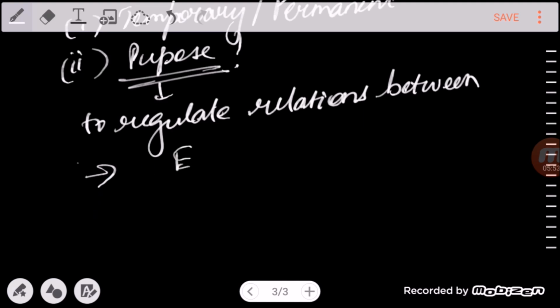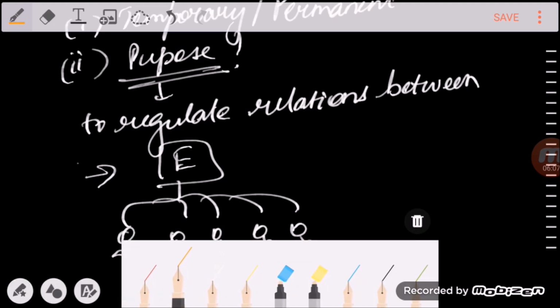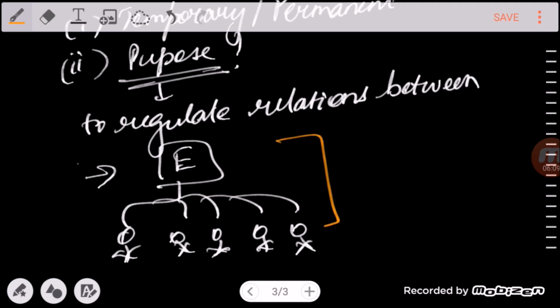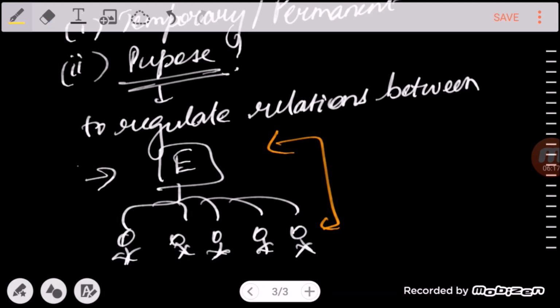This is an employer and these are his workmen. So trade unions are formed to regulate the relations between the employer and his workmen, or between the workmen themselves,